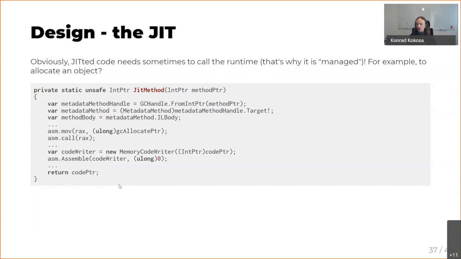We need to have the possibility to call back into Mobius itself, like the allocator. If I'm hitting the IL instruction called newobj, which means the code wants to have a new object, then I need to emit code that will call the allocator. And the allocator is code from Mobius. So it is the reverse call from the unmanaged code to the managed code, which is my Mobius code.